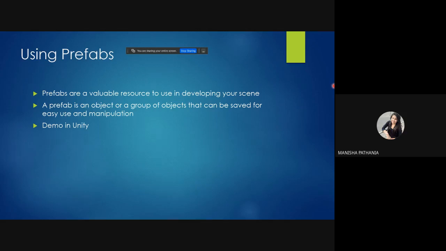Then it will reflect in all the objects that we created using the prefab. So a prefab is simply like a copy of the game object. If you want to create duplicate copies of the game object, then you can use prefabs in your game.